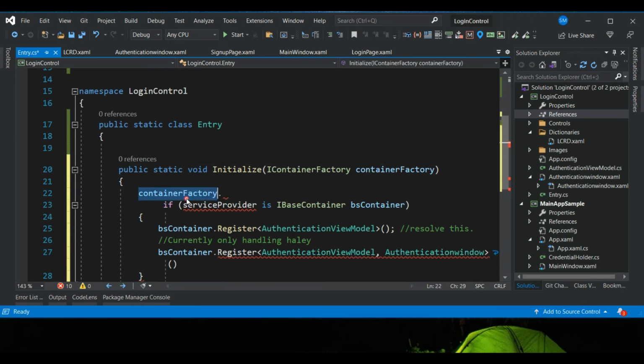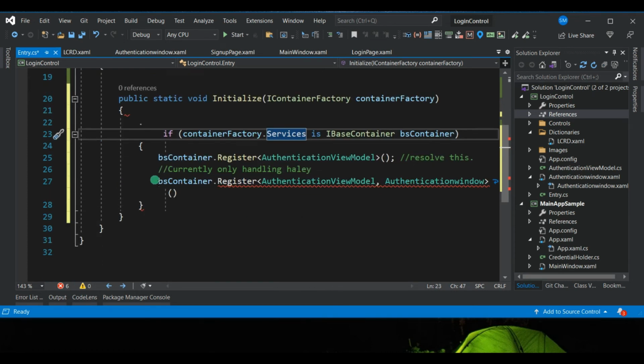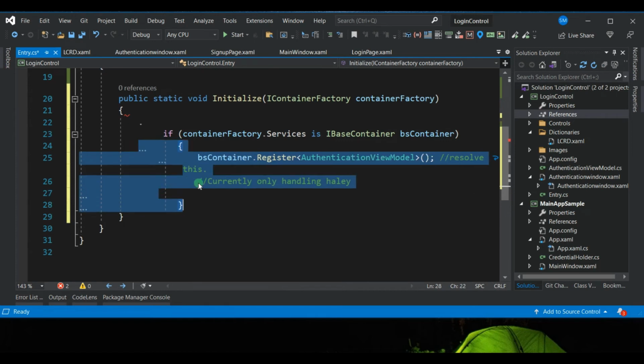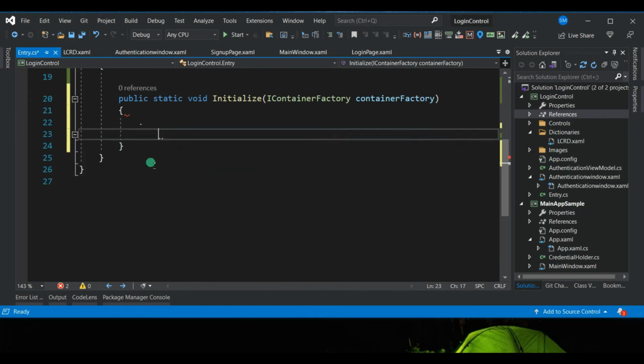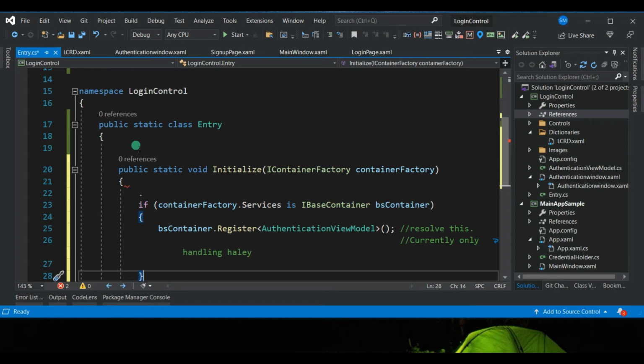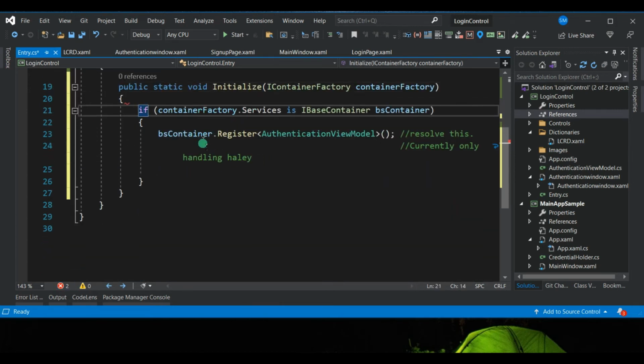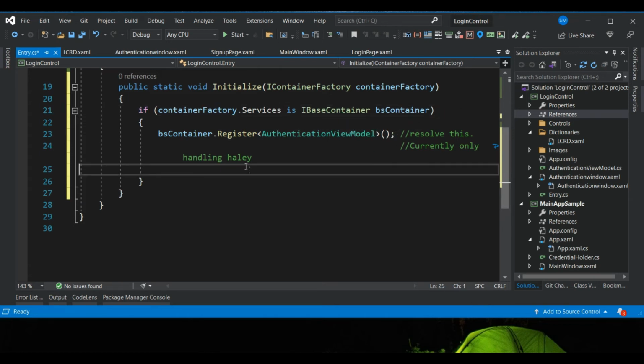If container factory dot services is base container VS, then you use that one to register. First, register my authentication window,